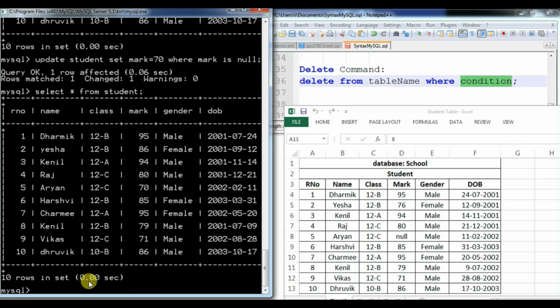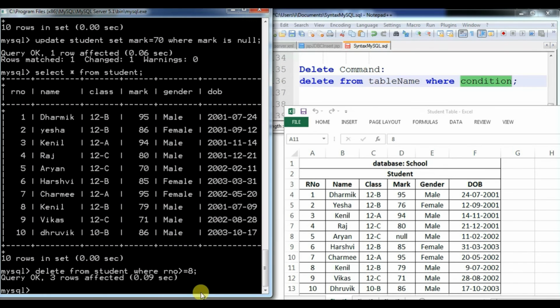Delete from table name where roll number greater than 8 would not include 8. If you want to include 8 also, then you have to mention the greater than or equal to symbol. So I mention where RNO greater than or equal to 8 and press enter.